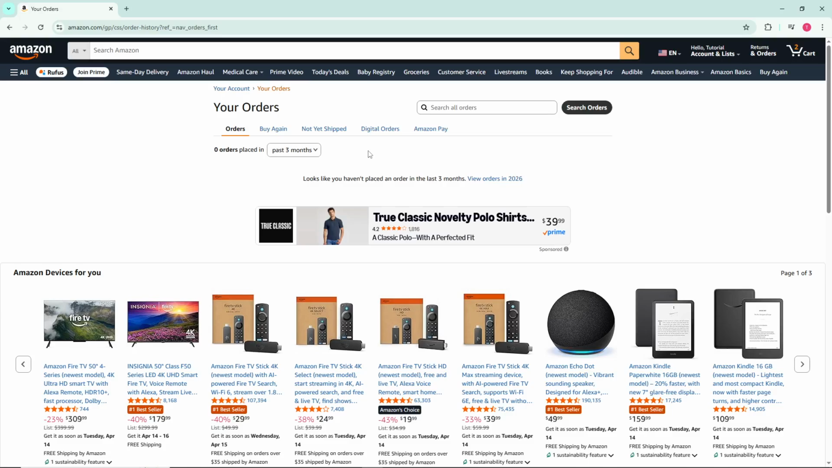Next, open your email inbox or check the Amazon Message Center within your account. Amazon will send you a reply confirming they received your request and will provide updates on the status. This message might include information about whether they're issuing an immediate refund, sending a replacement, or launching a brief investigation